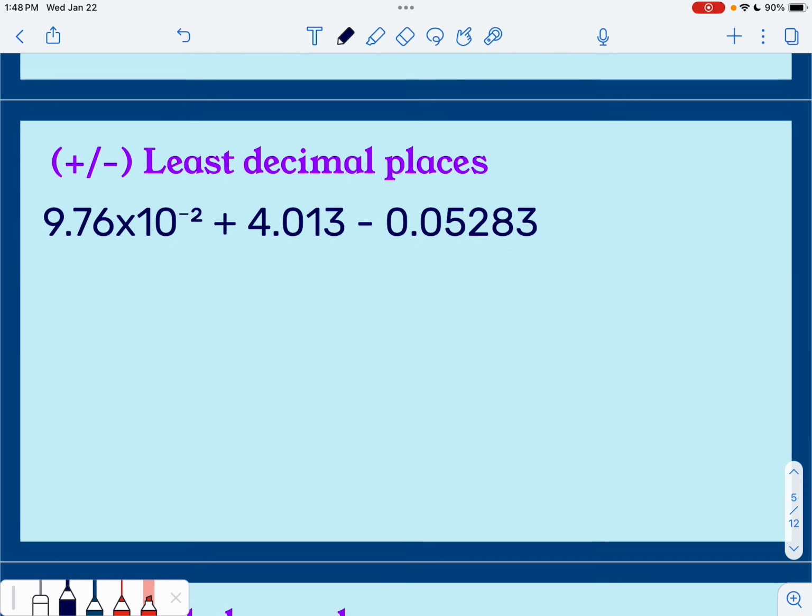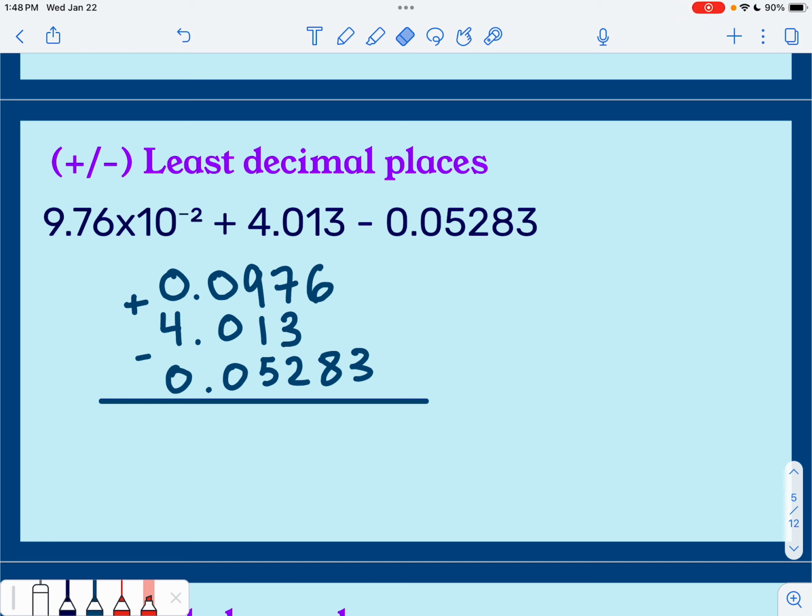Okay, so this next example has addition and subtraction. Again, we'll see that one of the numbers is written in scientific notation. And even if all of them were written in scientific notation, we are always going to start by writing out all of the numbers in standard form and stacking them, okay? So we are going to quickly do the math. I plugged it into the calculator. It is